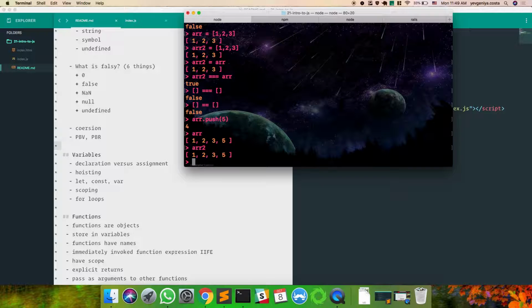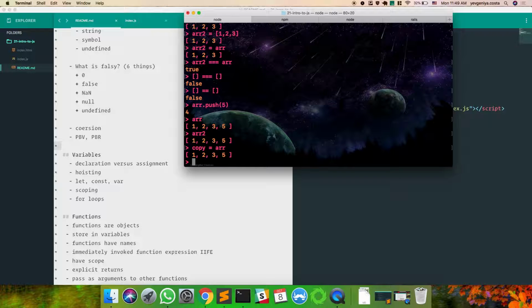I've had times where I make a function and I know it takes an array and I'm trying to be clever. I'm like, I don't want to mutate the original array. So then I make a copy. And I'm like, copy equals array. I can work with copy and then I won't touch the actual array. And then you can't do that. So be very careful when you're trying to make a copy of an array.